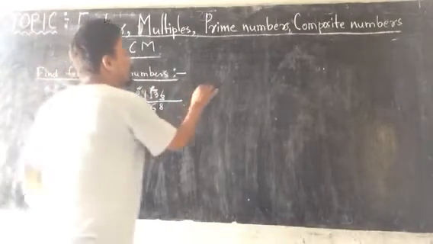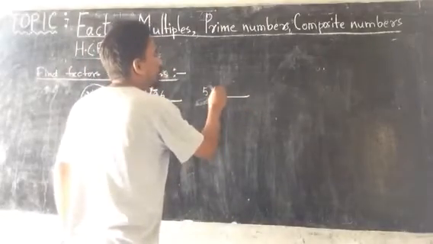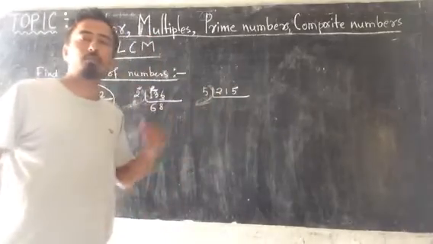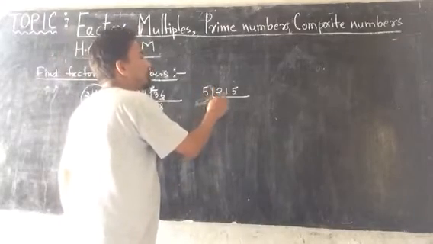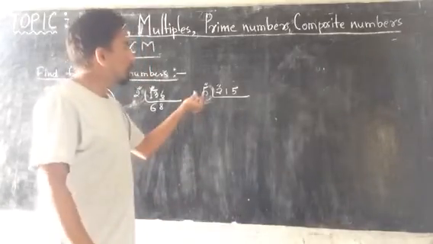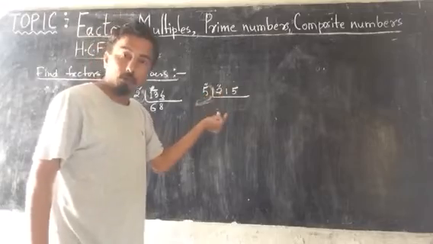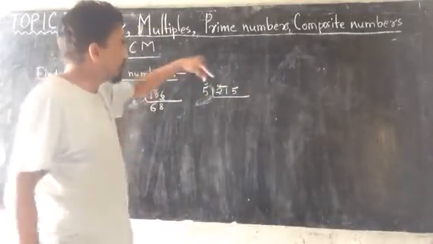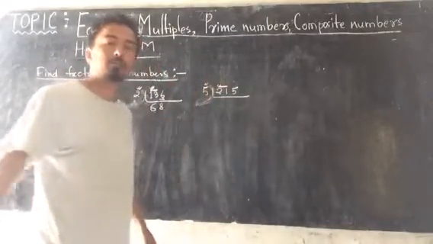One more example. Suppose this is 5. Let me divide 215 by 5. How do we divide 215 by 5 orally? First, try to divide one digit. By 5, 2 cannot be divided because it is a smaller number. So you have to take 2 digits as the dividend now. Now by 5, if you divide 21, how many times can you divide?